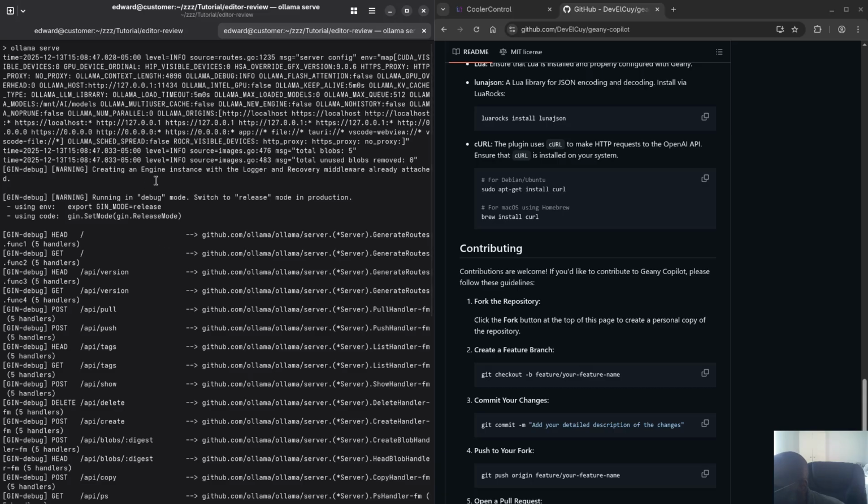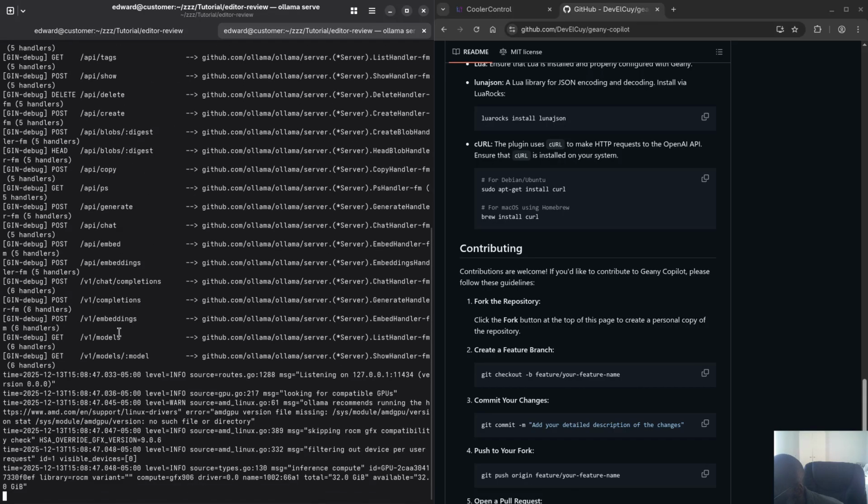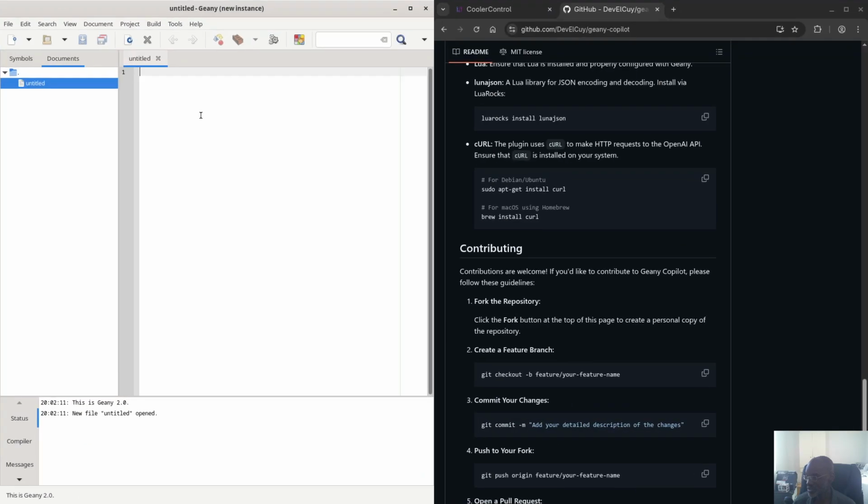creating an engine instance. Is it? I don't think it's running. Oh yeah, it is. That's why I said, you see, that's the problem when you zoom in. It's already listening on this one, 127.0.0.1, and this is the port number. As I said, it's pretty fast. So you just copy that, and you take that, and what you do is you go to Tools,